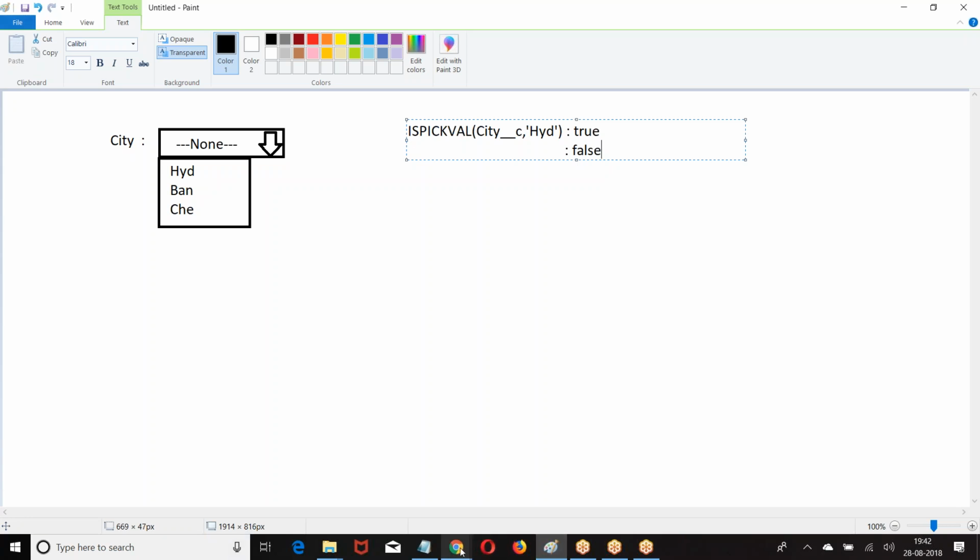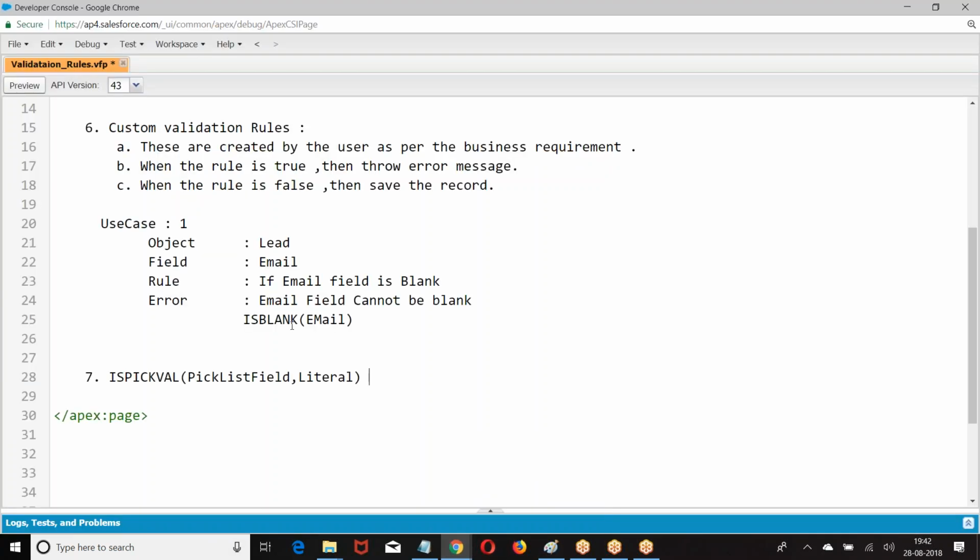IsPickval. Again, I am making it clear. These functions are available in formulas as well as validation.